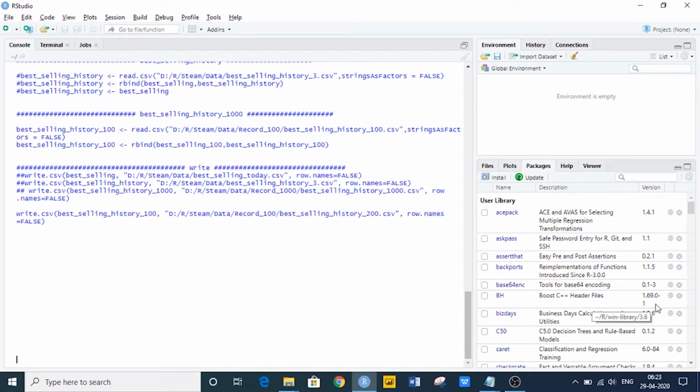Hi everyone, welcome to this part of the demo. In the previous part, we scraped the data from a website and saw that the scraped data is in a clumsy format that cannot be used for any further analysis. We need to clean that up and make some meaningful features, for which we are going to execute an R program. Now let us execute this one and wait for a few seconds.